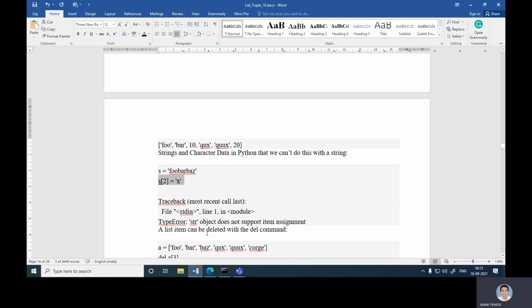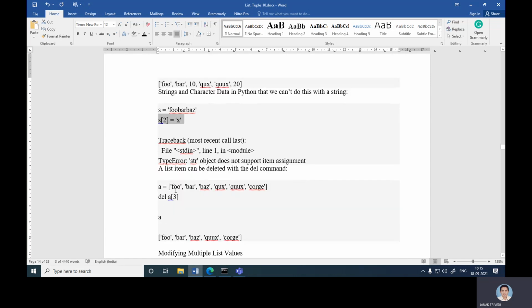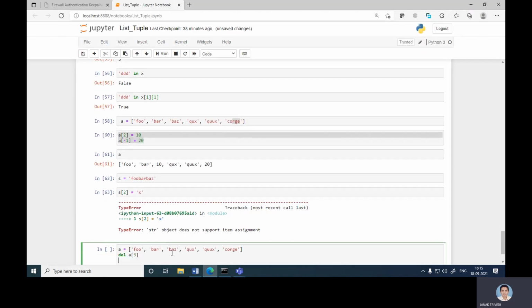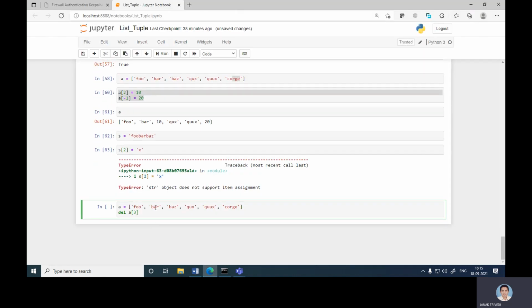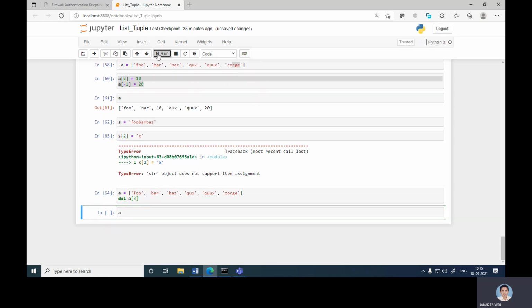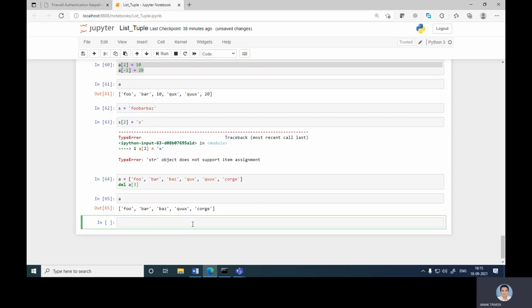Okay, so a list item can be deleted with the del command. Now once again we use the same list: a is foo, bar, baz, qux, quux, corge. Now delete a[3]. So 0, 1, 2, 3. So qux is deleted. Okay, run this. Now if you print a, qux is deleted.